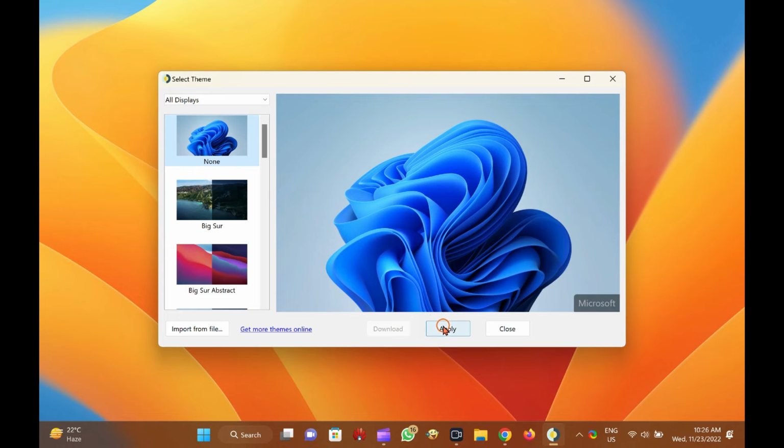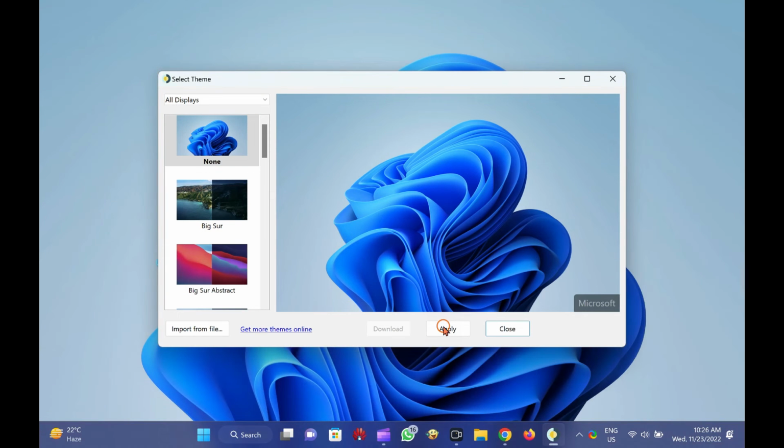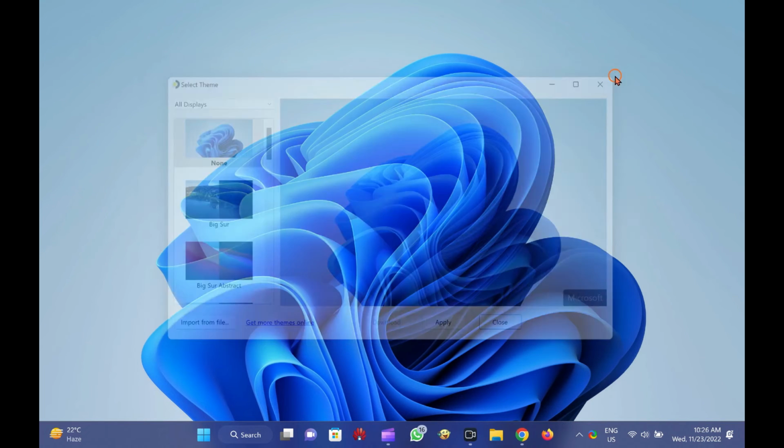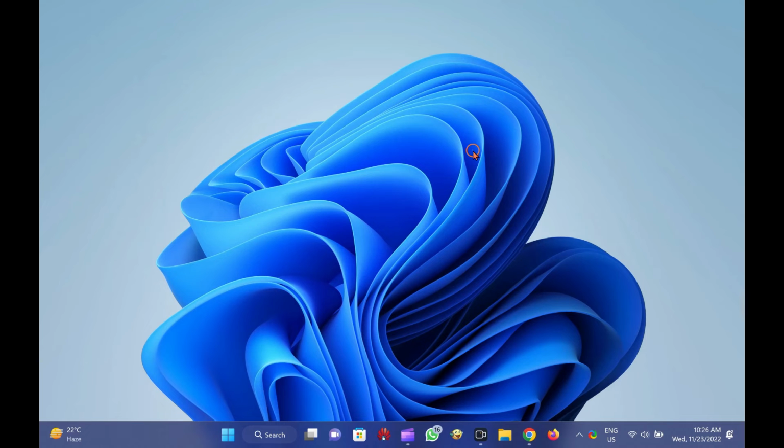Conclusion: WinDynamic Desktop is a freeware tool that lets you enjoy the dynamic wallpaper feature on Windows 10. It comes with a neat and clean user interface and does not slow down your PC in any way. With the help of this app, you can enjoy macOS Dynamic Wallpaper without compromising speed.